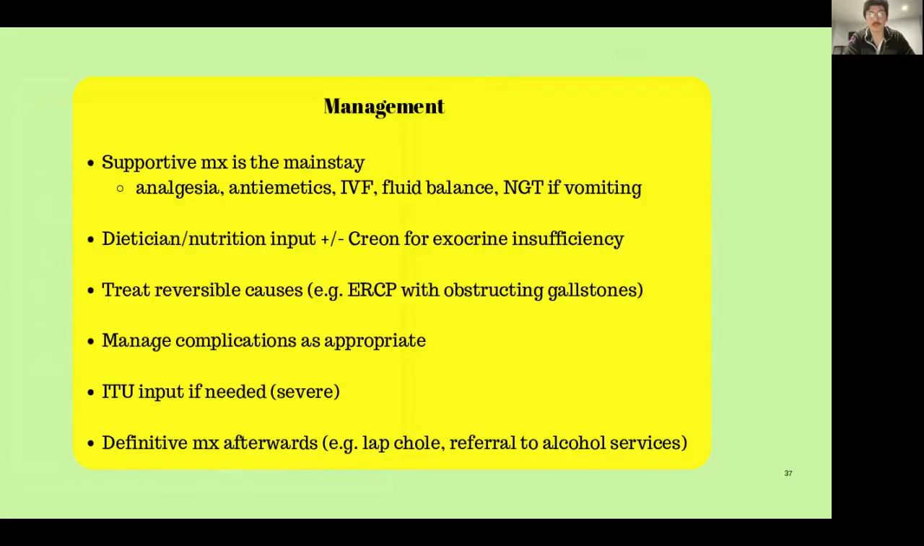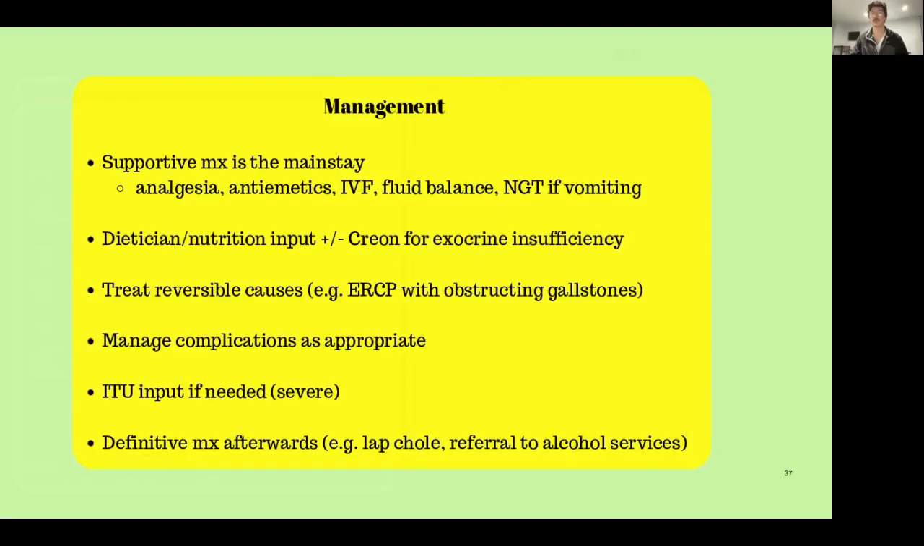So management, as we've touched on in the question, supportive treatment is the mainstay. Just remember that as your default: supportive treatment, analgesia, fluids, antiemetics. They might need an NG tube if they're vomiting a lot. Dietitian input is really key as well. It's super important. They might need Creon as well, because